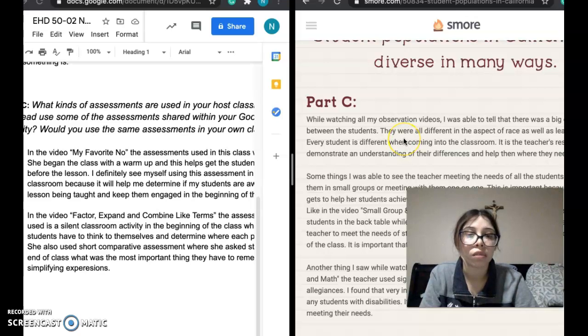Some things I was able to see the teacher do to meet the needs of all students were working with them in small groups or meeting with them one-on-one. This is important because the teacher gets to help her students achieve academically and helps them where they lack understanding, like in the video, small group and individual math